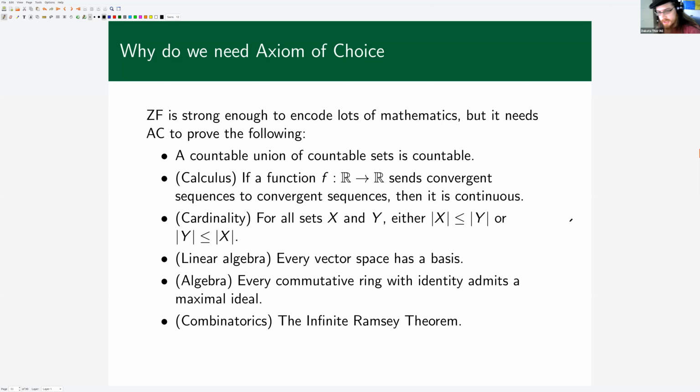If you know any combinatorics, then you may have heard of the infinite Ramsey theorem. I won't get too far into it. If you know it, you know it. If you don't, it's not that important. But it's the statement that if you have a collection of k element subsets of the naturals and you color them with n colors, then there must be some infinite subset of the naturals which is monochromatic. Again, if you've never heard of this, it's not that big a deal. I just wanted to give a list of theorems from a wide variety of areas of mathematics